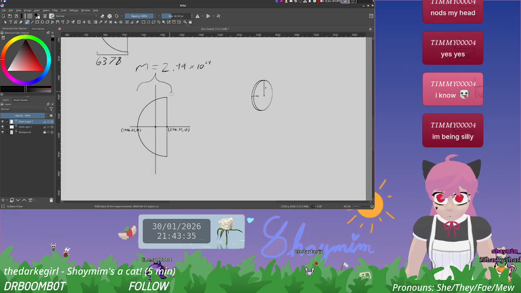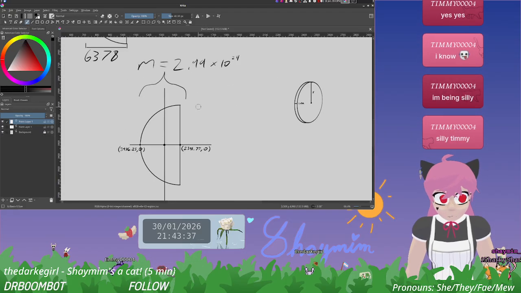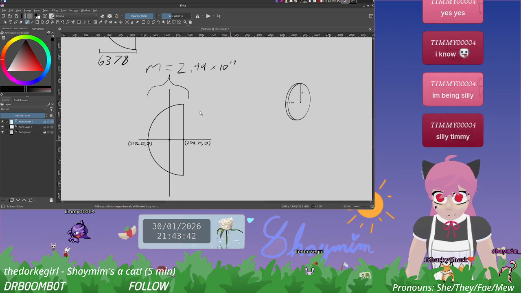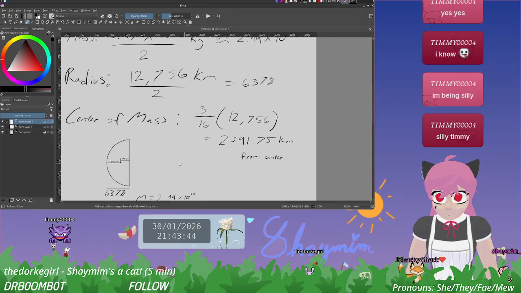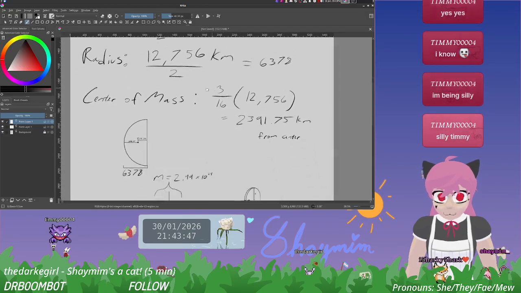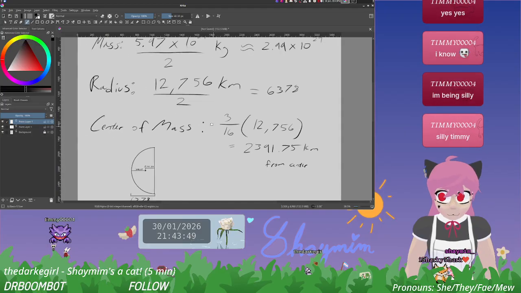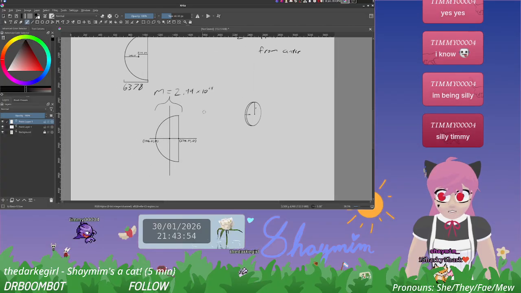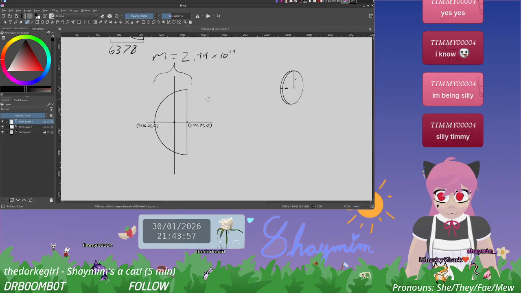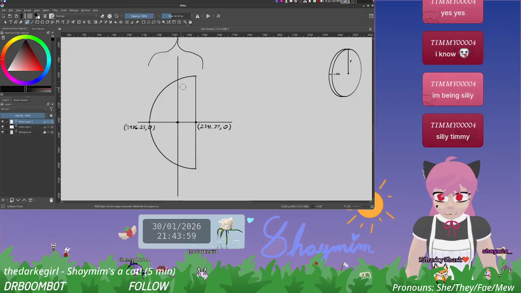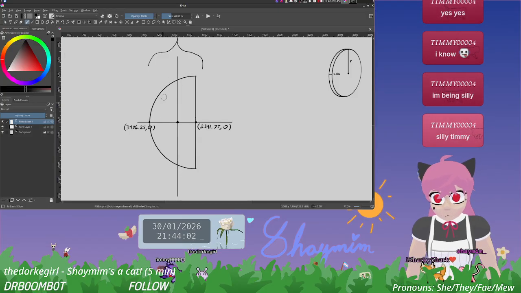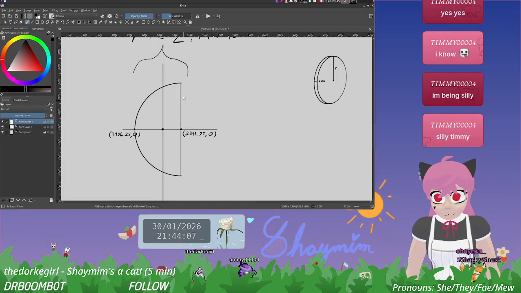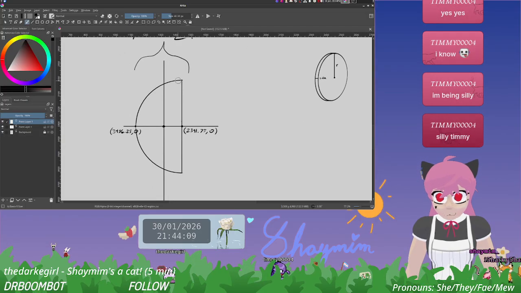So the mass of a disk. Silly Timmy. We are making the assumption that the density is uniform, which it's not, but that doesn't matter. What we need is to know... Because, like, obviously the amount of mass decreases as you go there, right? So,